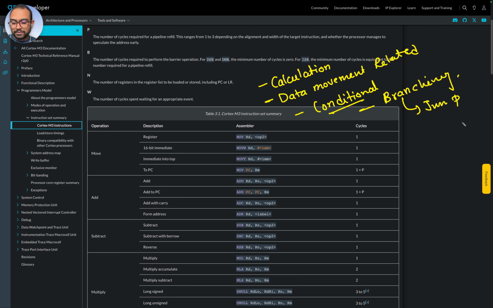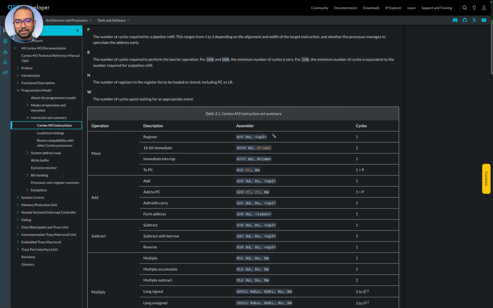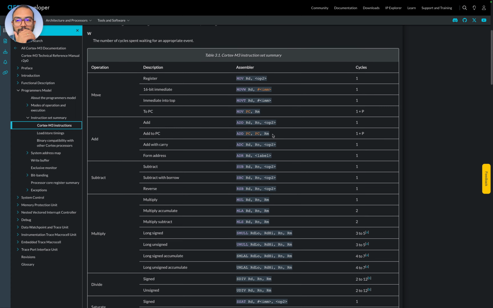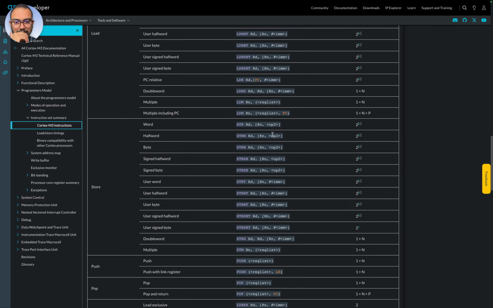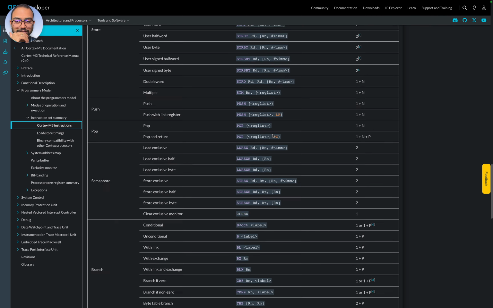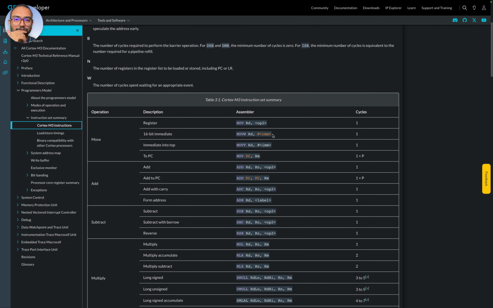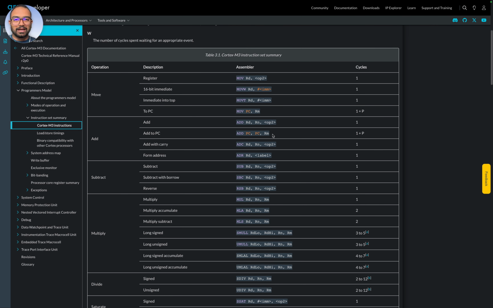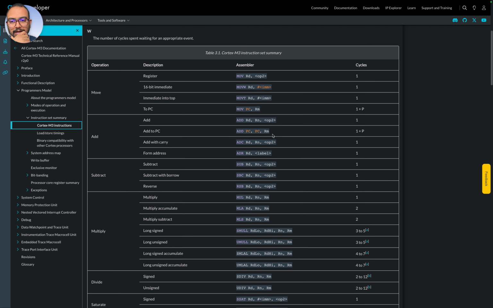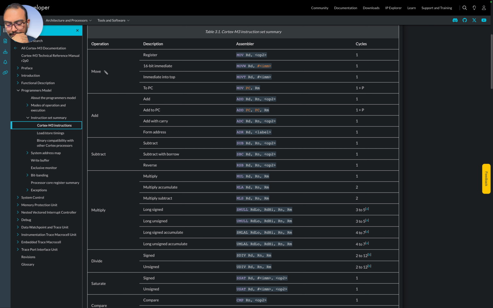So right, these are the kind of instructions ARM provides then, and the instructions are given in this table here. It's a pretty long list, and I'm just going to introduce some key instructions, and others you can learn by experimenting, reading the documentation on those, and exploring. So we have, for example, move related instruction, addition, subtraction, multiply, divide, compare, these kinds of things. And the mnemonic, so to speak,